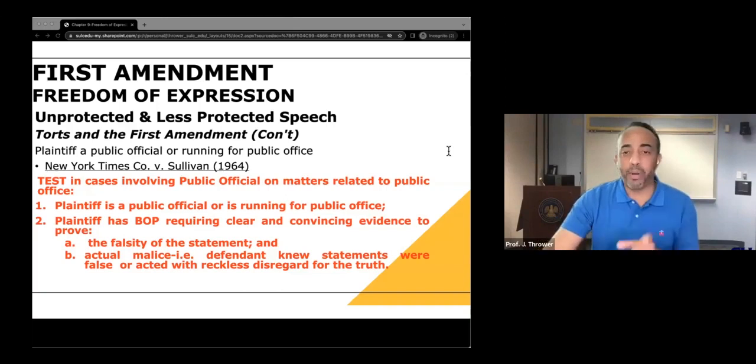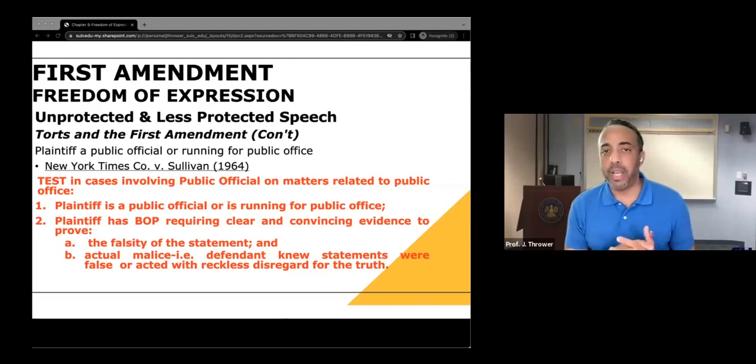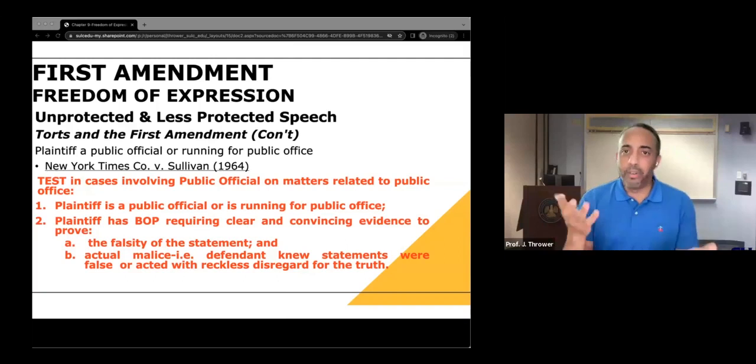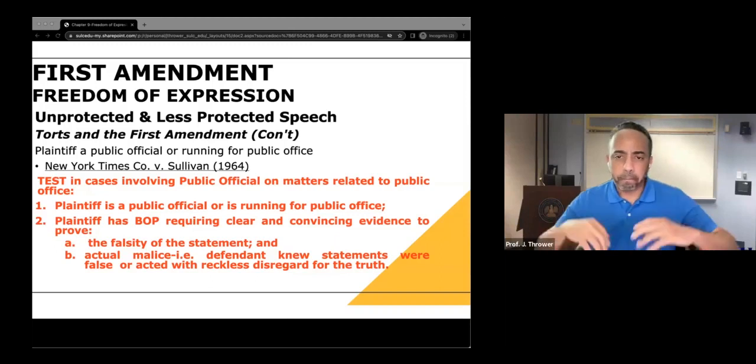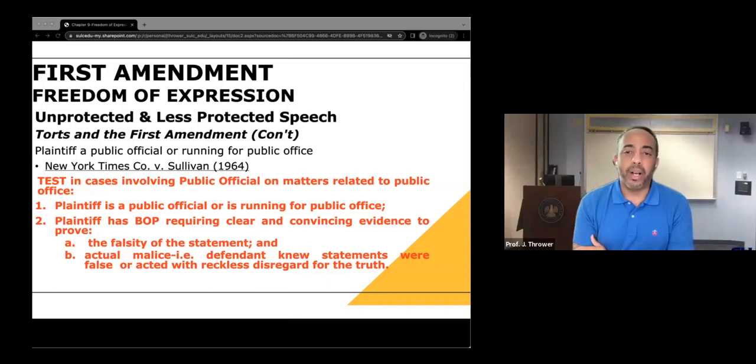Additionally, note that the burden of proof here is one of clear and convincing evidence, right? And this is a much higher standard than the normal standard in a civil case context of a preponderance of the evidence, right? You know from your torts classes that a preponderance of the evidence is kind of like a 51-49 type of burden of proof, whereas a clear and convincing burden of proof is more than 75% certainty, right? And so this standard of proof, if you will, is much higher in a public official case, right?